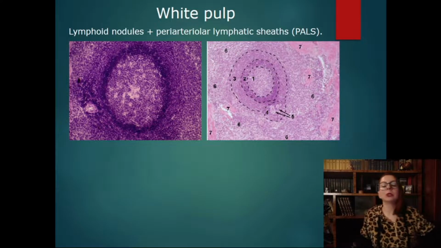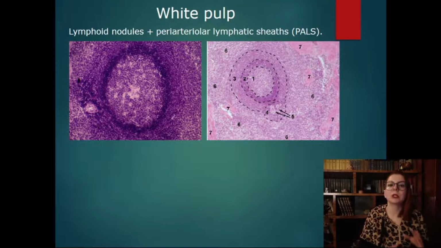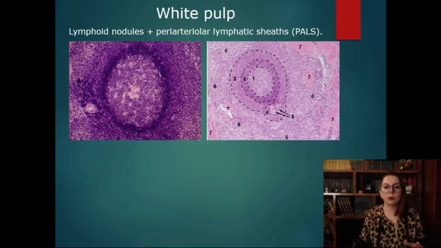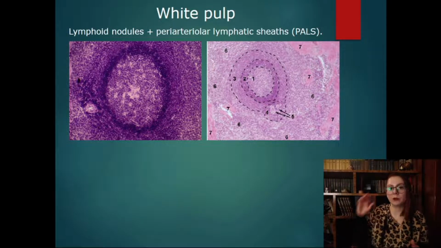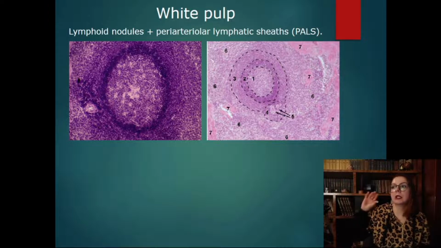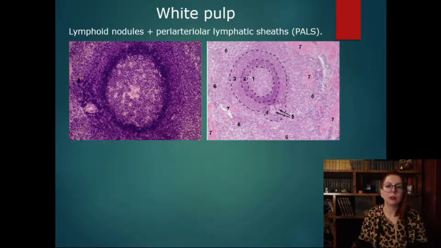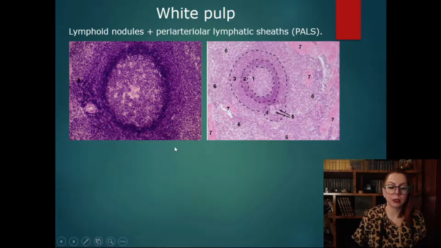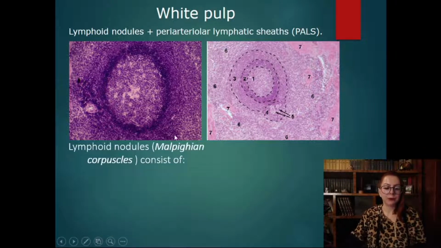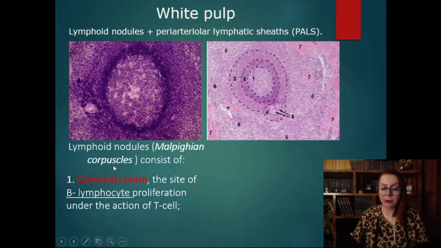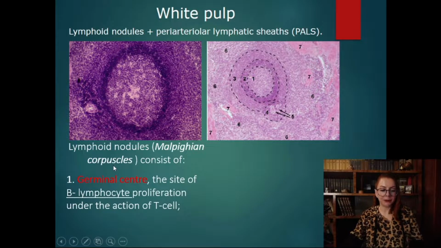White pulp is represented by white blood cells, but they are distributed into zones. Like in our lymph node, we have a B-dependent zone, the zone populated by B cells, and a zone occupied by T cells. In the same way, cells are distributed in our spleen. So let's comprehend it. First, inside the white pulp, we can find the lymphoid nodules, also called Malpighian corpuscles, and